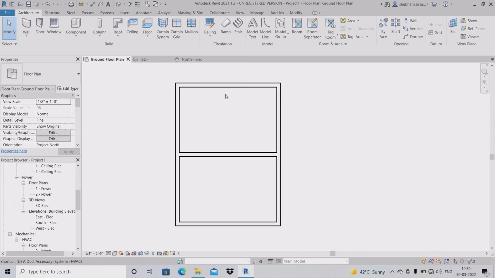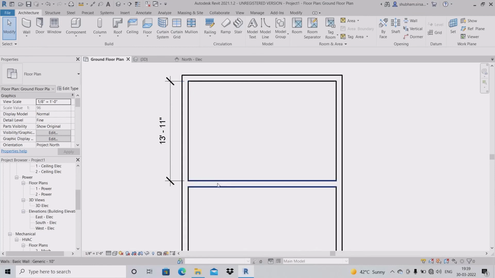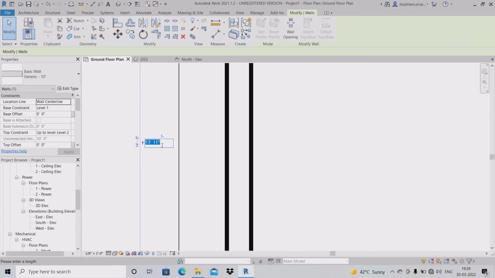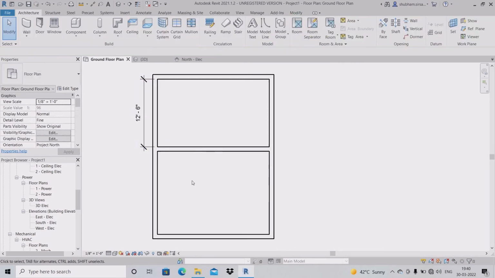So what I want is the inner length, so I will click on Tab. The inner to inner dimension of my one bedroom should be, actually I have a sketch with me, so I am referring to that. It is 12.5, means 12 feet 6 inches. So I will flip that, so it will automatically go downside. After that I also have one bedroom which has